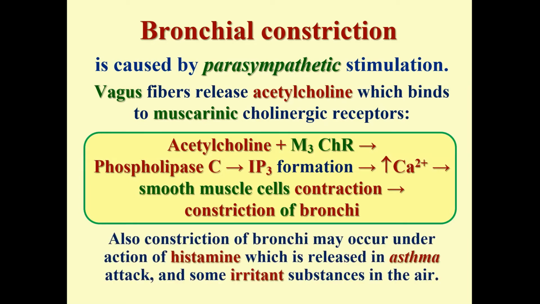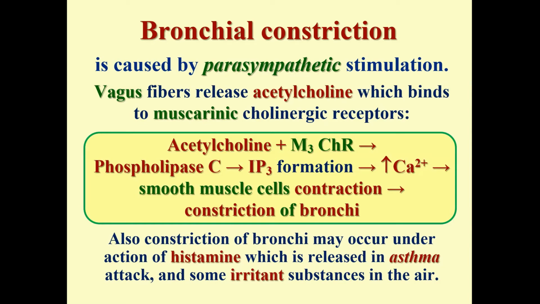So, also in pathological cases, constriction of bronchi may occur under action of histamine. We studied already the blood and tissue mast cells. Their granules contain histamine, and this histamine normally is released in minute amounts, but in case of pathology such as asthma attack and generally allergy. But exactly for the bronchi, it's the asthma attack. Histamine can be released in large amount, and so the histamine produces great constriction of bronchi, and it acts not only on